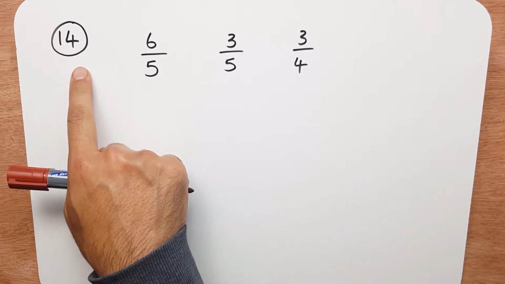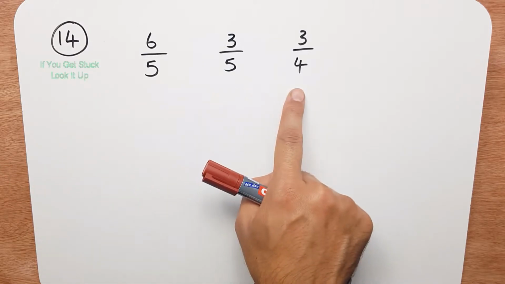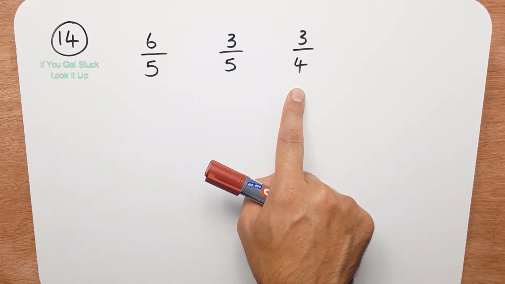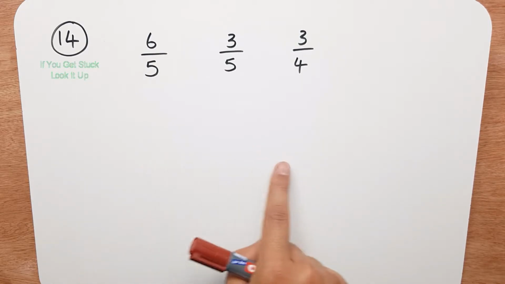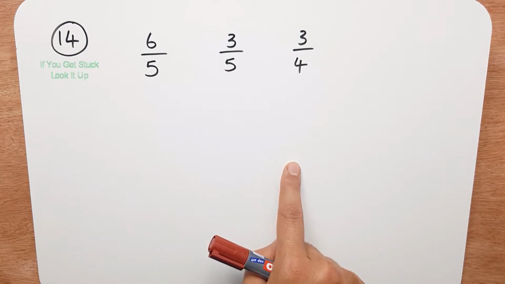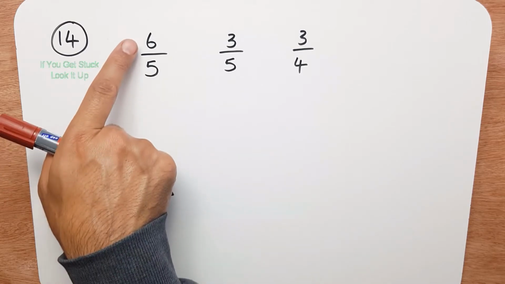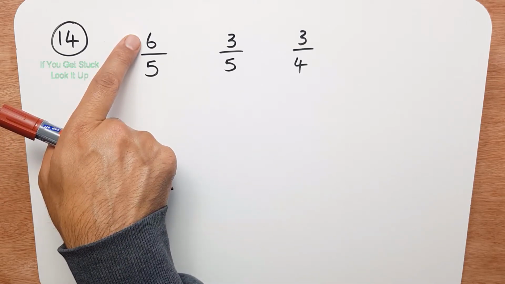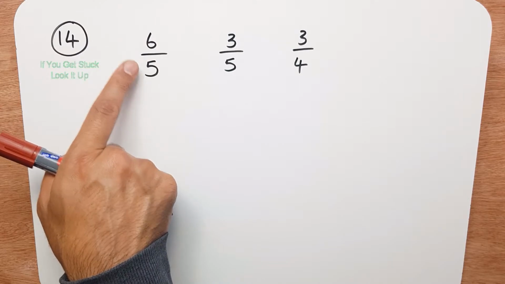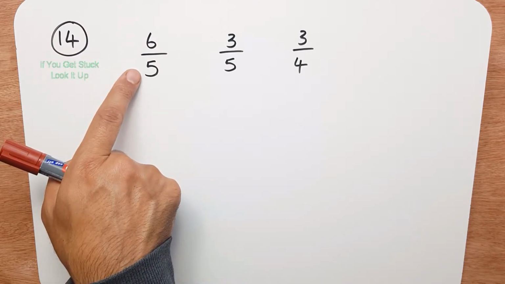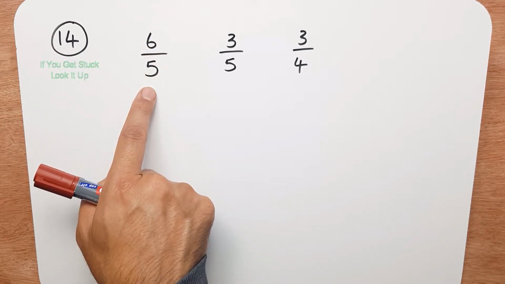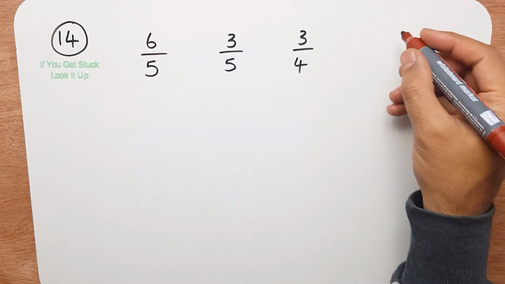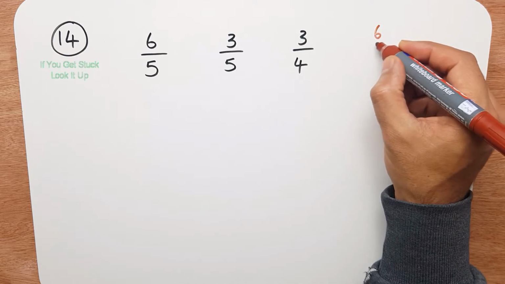In question 14, we're given three fractions and we have to order them smallest to largest. Now, if you notice, the top part is bigger than the bottom part. The numerator is bigger than the denominator. So this fraction here is an improper fraction. So let's write that down. So you have 6/5,